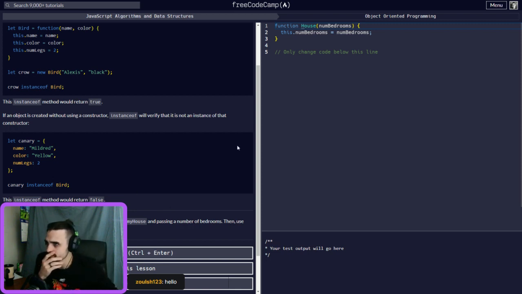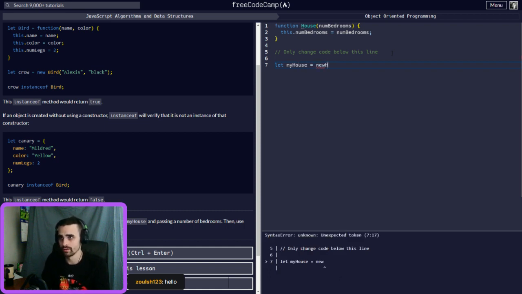So, create a new instance of the House constructor. We've got here function House, numBedrooms. This.numBedrooms equals numBedrooms, right? Okay. Let's call it myHouse equals new House, because we're making a new object off of the House constructor.